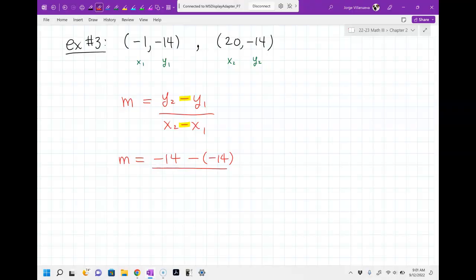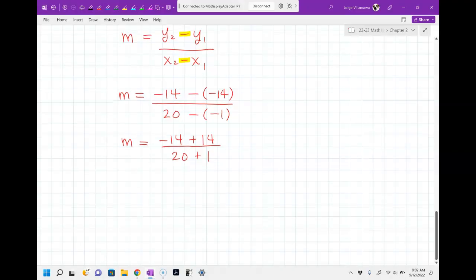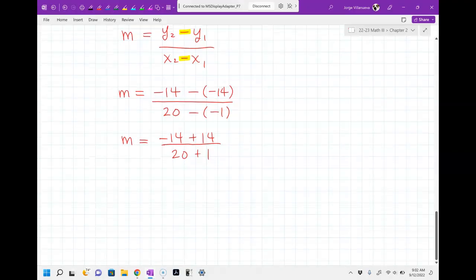Now let's divide. What is x2? 20, thank you, and minus, remember because there's a minus there. What's x1? -1, all right. Again, notice how I put the second number in a parenthesis. Do you have to? No, but I used to do it so I don't mess up. Let's start to simplify. What do we get? -14 plus 14 over 20 plus 1. What's -14 plus 14? 0